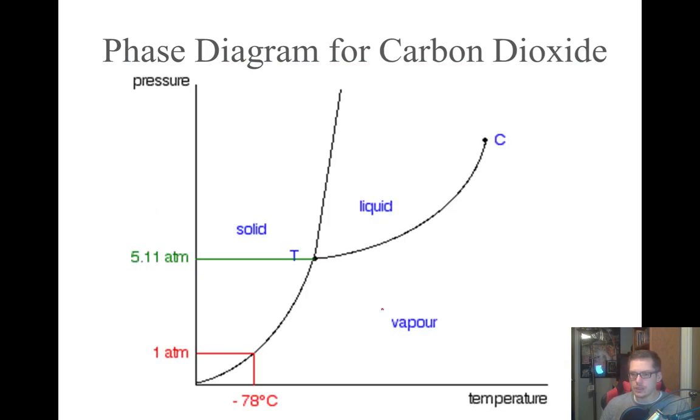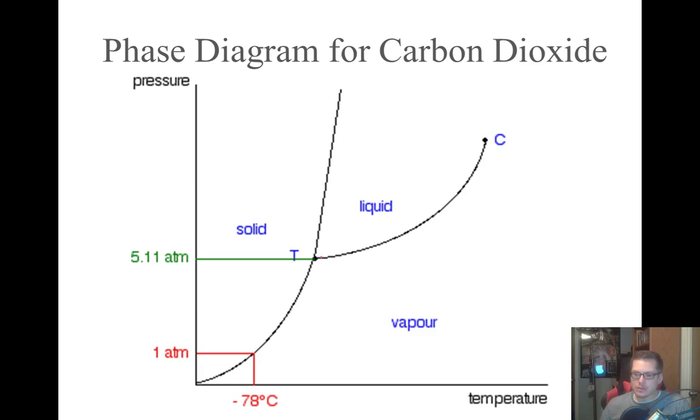Now, carbon dioxide is also super interesting, and we know that solid carbon dioxide we call dry ice. We've all played with dry ice, and you see that if you have a block of dry ice, it's going to sit there as a solid, but it's going to start sublimating right away. It's the quintessential example of something that sublimates. And the reason it goes straight from solid to gas, we can see based off the phase diagram. The phase diagram isn't the reason it does it, but we can see the properties of it